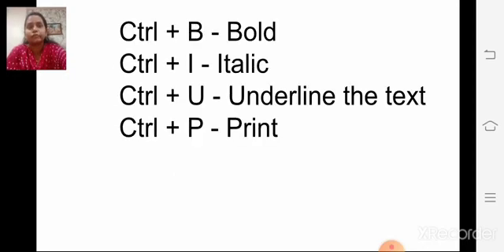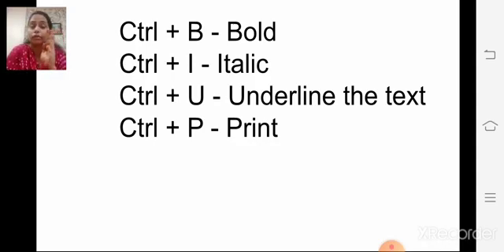Whatever you have typed, you can select using Ctrl plus A. Next, Ctrl plus B is to make text bold, to highlight. Now, Ctrl plus I to make text italic. Italic means to give a slanting effect to your text.